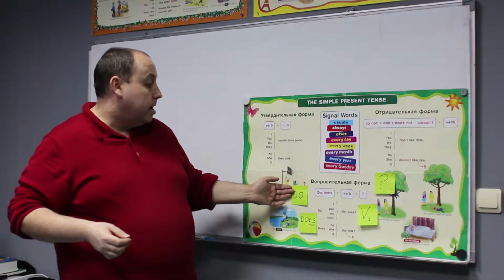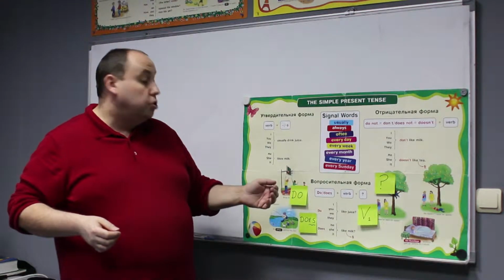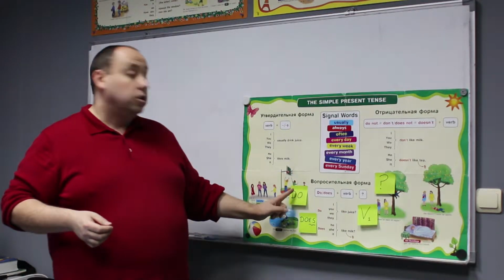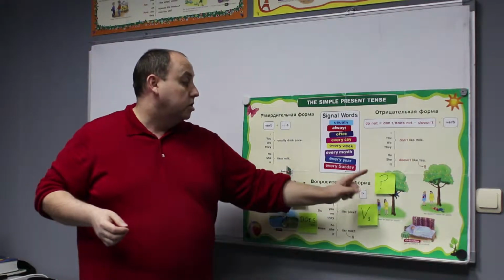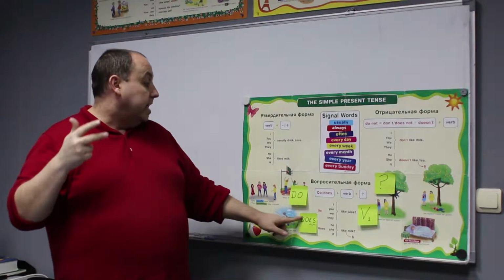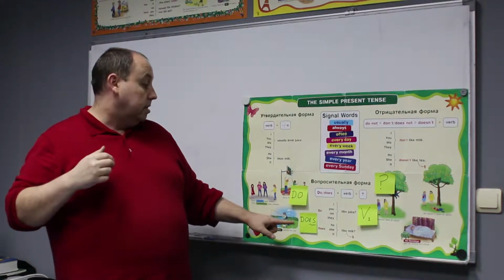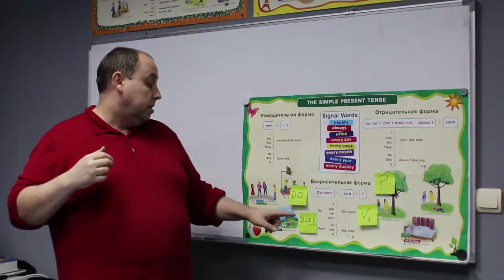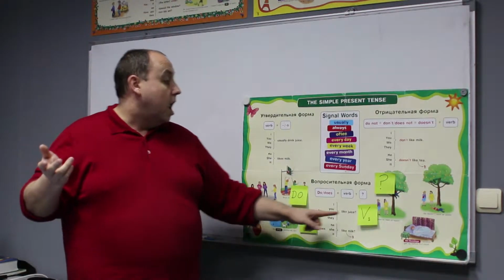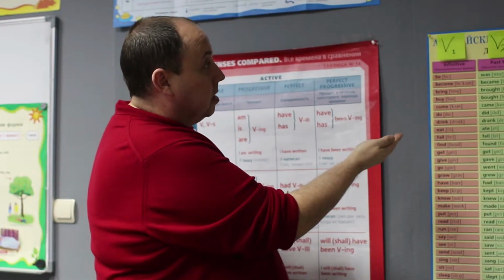Do I like juice? Do you like juice? Do we like juice? Do they like juice? Or he, she, it. Does he like milk? Does she like milk? Does it, for example the cat, does the cat like milk? Here on our final table